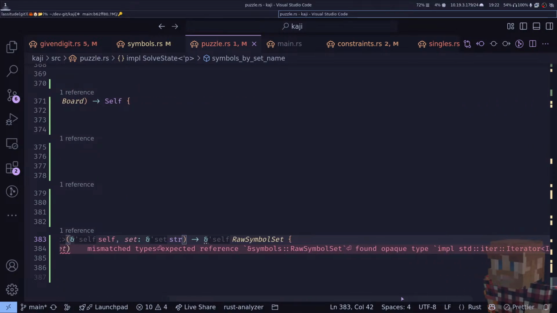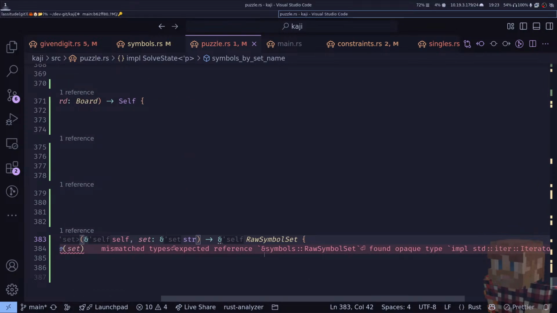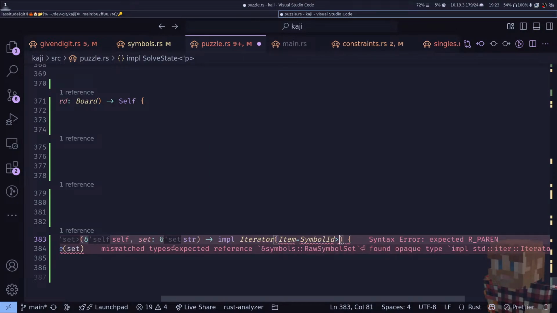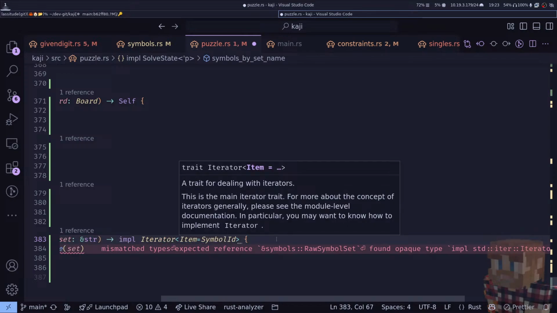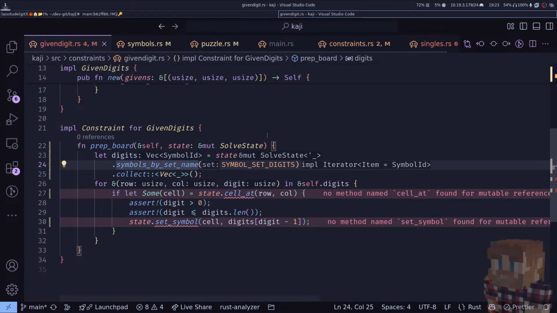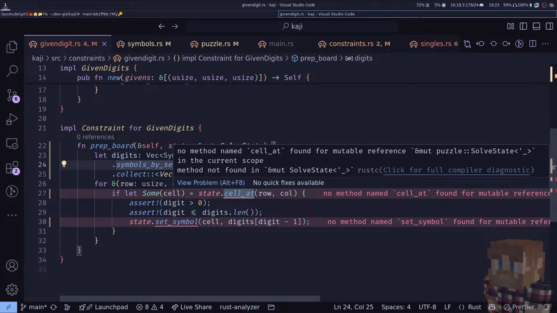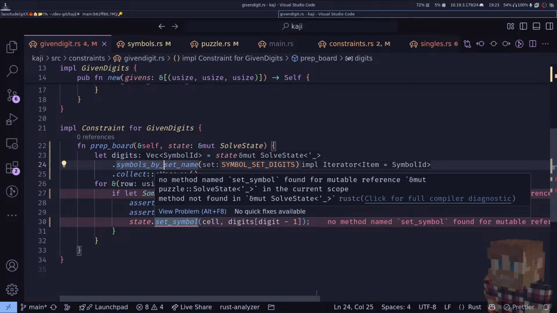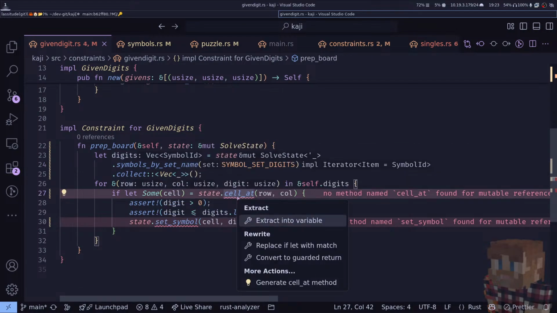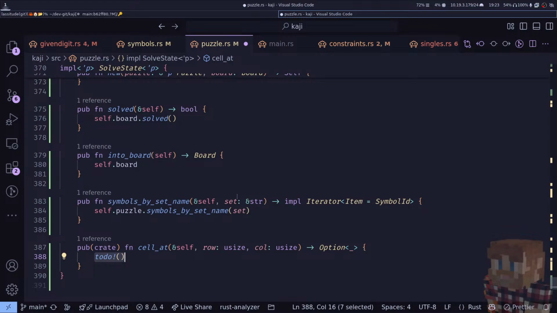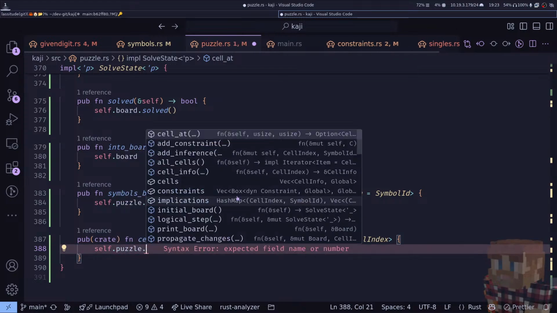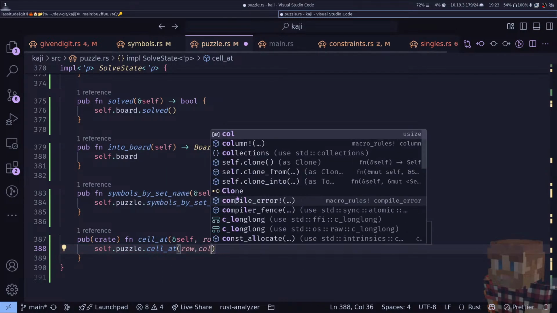Mismatch types, expected a raw symbol set, found an iterator over symbols. Oh, it's symbols by set name. So that returns an impl iterator, item equals symbol ID. Why have I got parentheses there? Right, so that's done the symbol set by name. So cell at, we can pass through again, and set symbol we can pass through. Those are probably the easiest ones to do. So cell at is going to return a cell index,